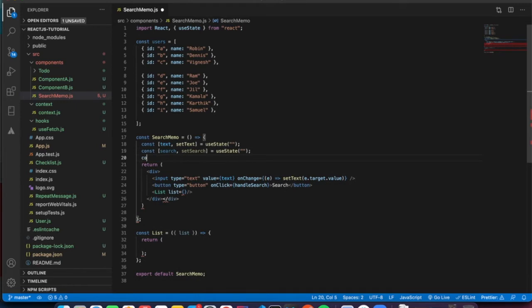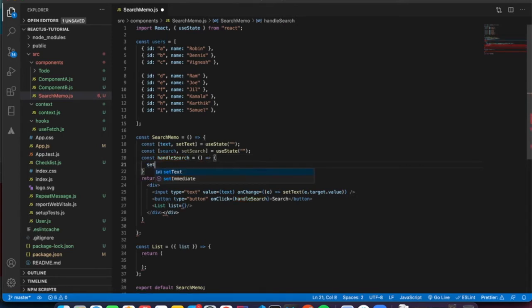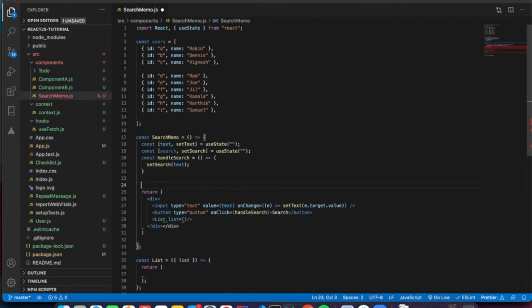What this handleSearch function will do is set the text entered in the input to this particular search state. handleSearch is equal to a function: setSearch of text. When this is set, we are going to execute another function, filteredUsers. Suppose you are typing Ram, we just want to get the Ram object, right? That's what we are going to do.